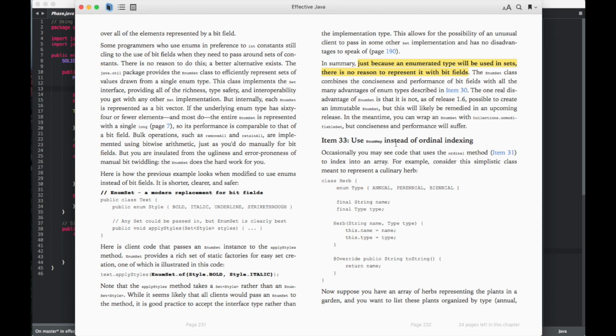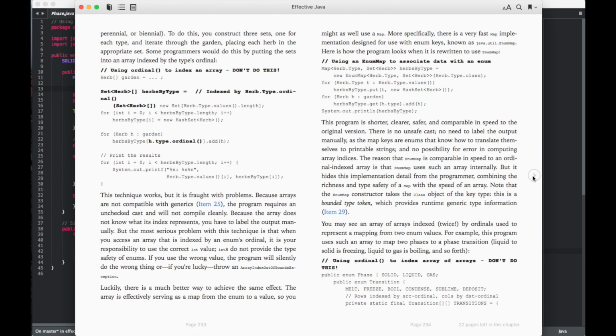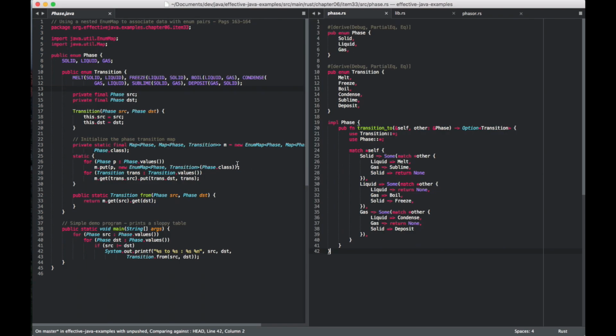In Java, though, you have a special type, which is an EnumMap. It implements the map interface, and it's optimized to be used with enumeration variants, which is quite amazing. That's Java. You have lots of different specializations, which are just that. It's a specialization of a general interface. Whereas in Rust, you prefer